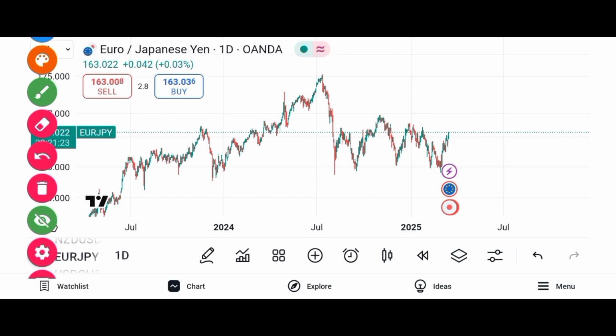Okay, first I'll be looking at, since there has been a reaction here, here, and here, well, it's very likely there could be another reaction here. Okay, let me take it up a little here. So it could be a zone,